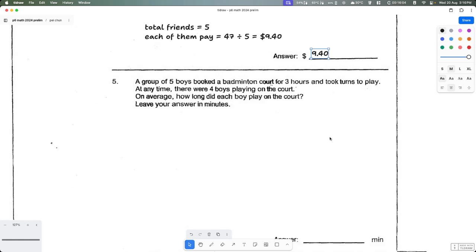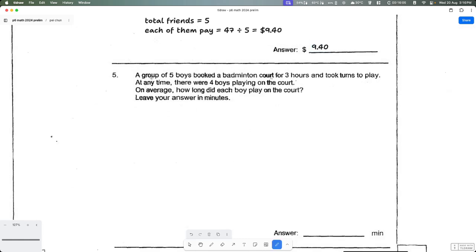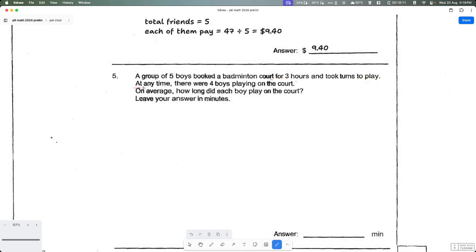All right, let's move on to question number 5. Okay, so a group of 5 boys booked the badminton court for 3 hours and took turns to play. At any time, there were 4 boys playing on the court. On average, how long did each boy play on the court? Leave your answer in minutes. So in any case, we can just say total hours for all 4 boys. So one boy will then play 3 hours. Okay, then 4 boys